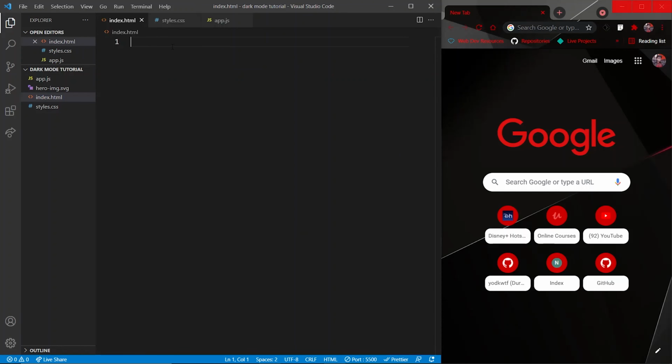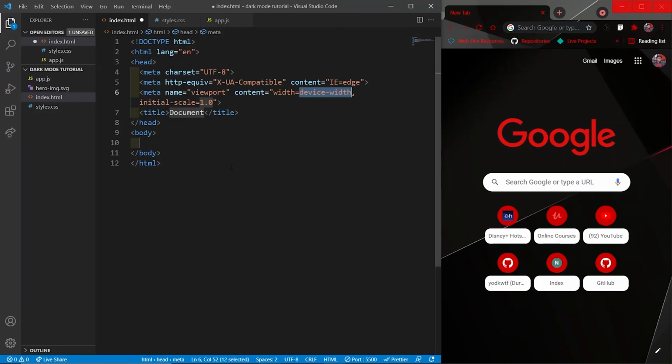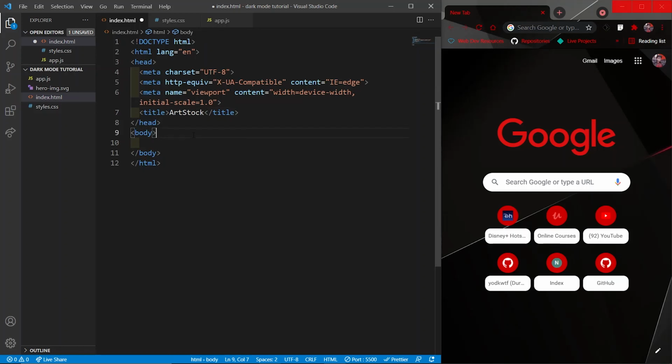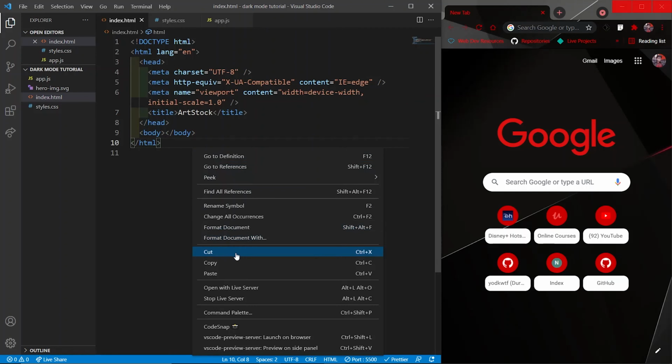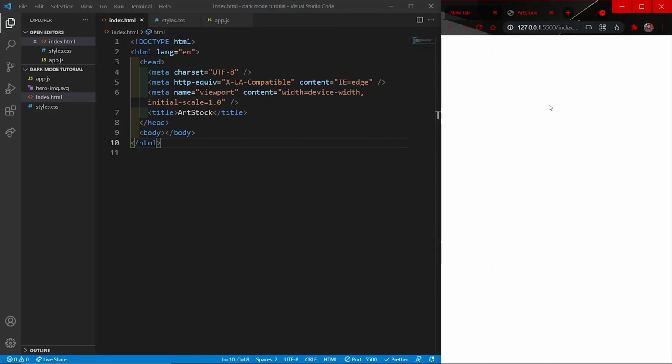So now let's create the boilerplate for the HTML, and I will give it a title of Artstock because that will be the name of our website. And now let's open it using the Open with Live Server.